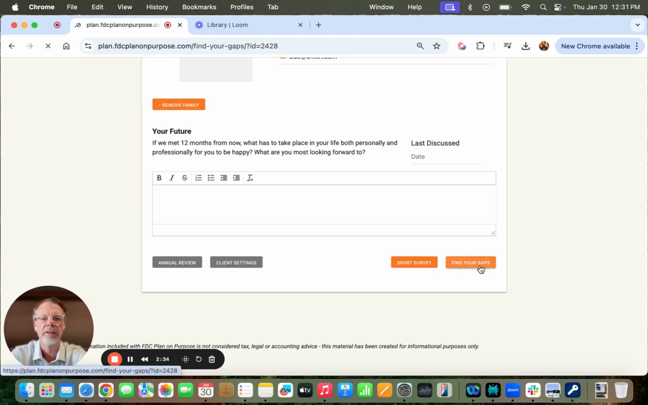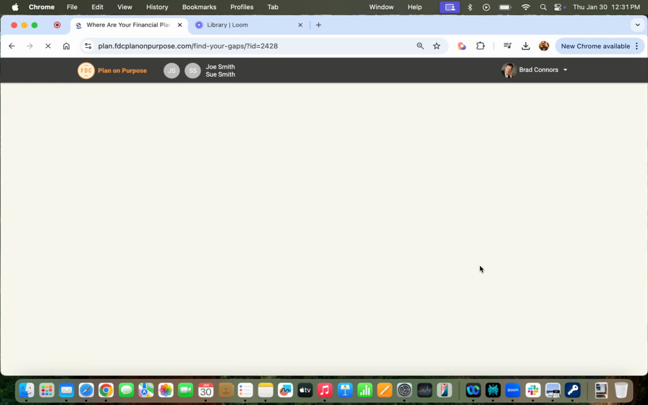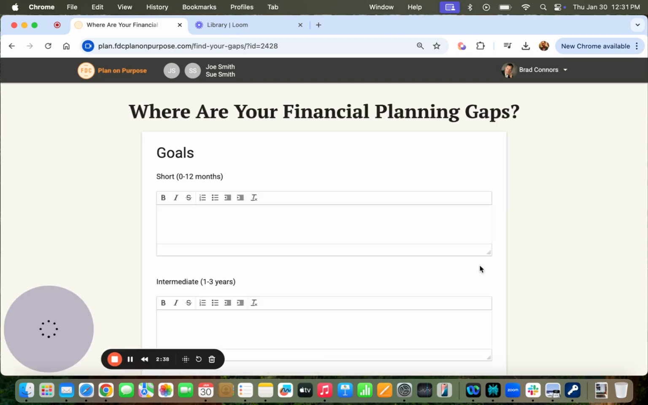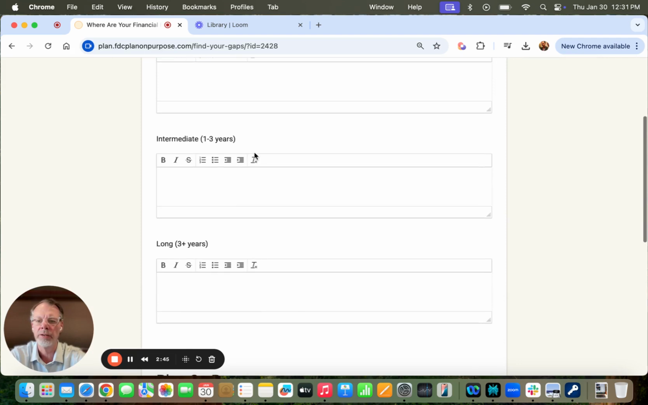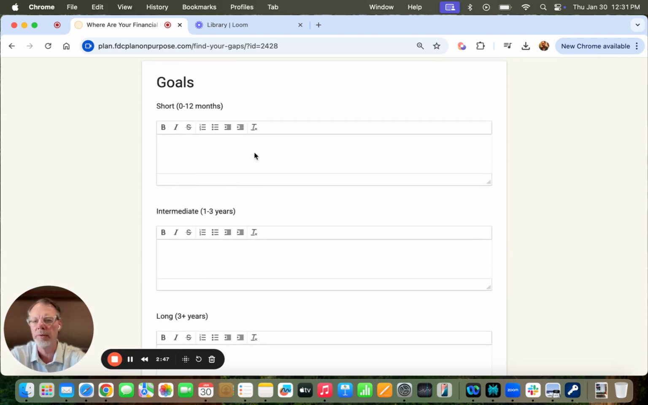Once you go to find your gaps and you're in this section, there are only two pages you're going to show the client. The one I just showed you, which we'll go back to, and this section. In this section, we've got short, intermediate, and long-term goals. When I'm speaking to a client,